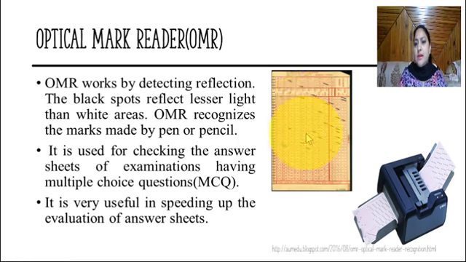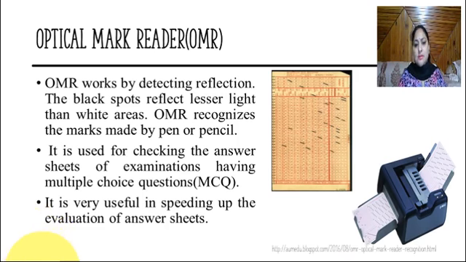So on the right hand side, the top figure is of an OMR sheet, optical mark sheet. Now, as we see here, every question will have four options, ovals for the number of options available in the question paper, for example A, B, C, D, and the user is to mark the correct answer with a pen or a pencil. That marked answer sheet is put in this device down below, which is the optical mark reader, and it will work by detecting reflection, and the marks which have been marked by the examinee will be marked as answers, and this is how it speeds up the process of evaluation